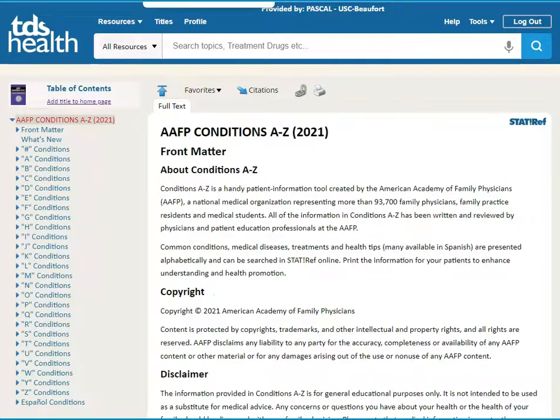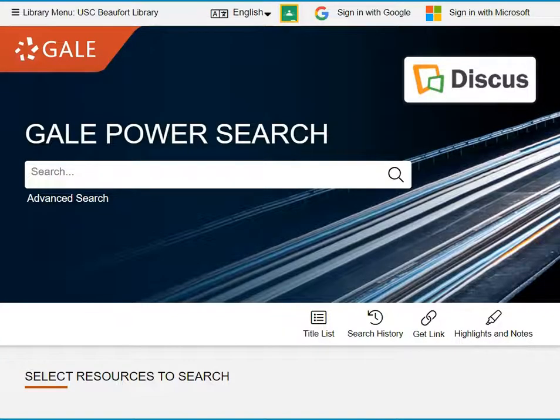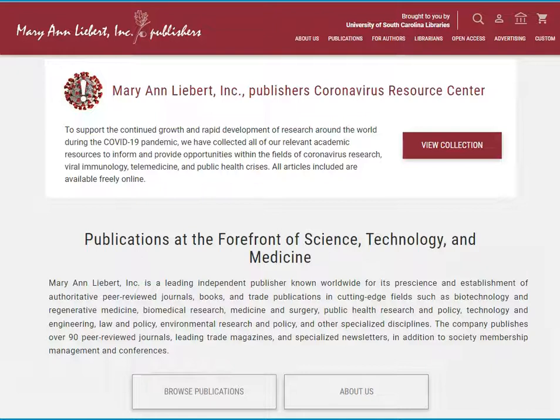Other databases may look different, and it might take some trial and error to find how to search and limit your results. Most databases still offer the option to save or download the article and some type of citation assistance.